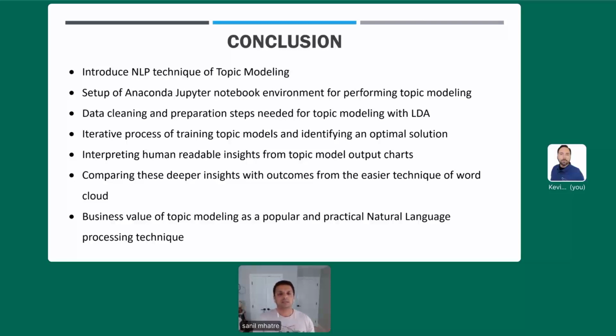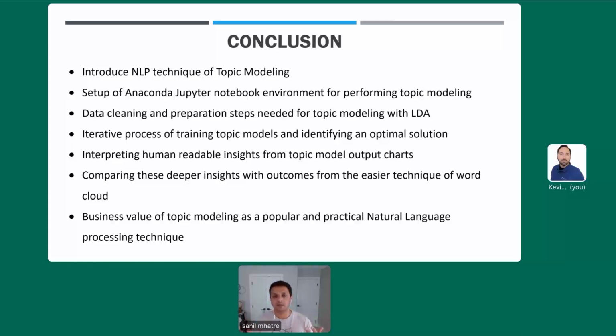We went through the exercise of data cleaning and data preparation steps. We went through the iterative process of training topic model and identifying the optimal solution, identifying the right number of topics in your body of text. We went through the exercise of interpreting human readable insights from the topic modeling outputs, namely the intertopic distance chart.